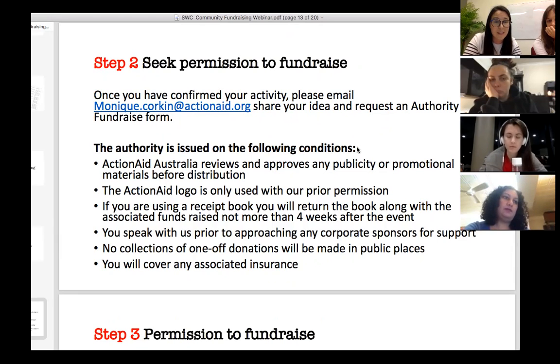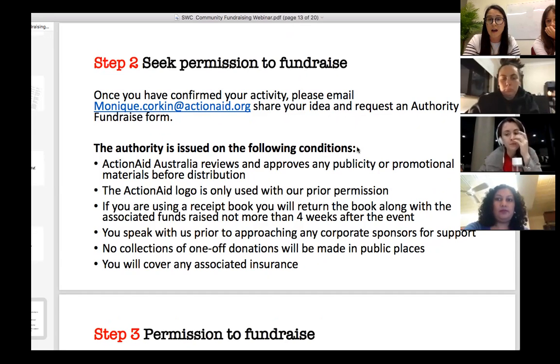If you are using a receipt book, so if you've got a receipt book that you've purchased from a shop or that you're using for your fundraising, you should make sure that that comes back to us along with the funds, and I speak about it later in the presentation as well on how to do that.